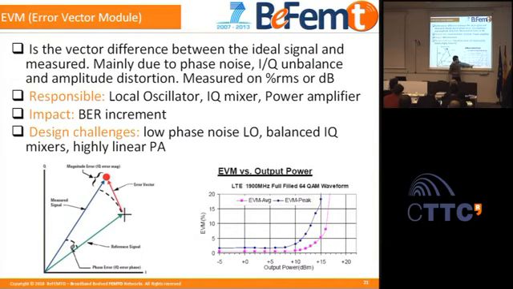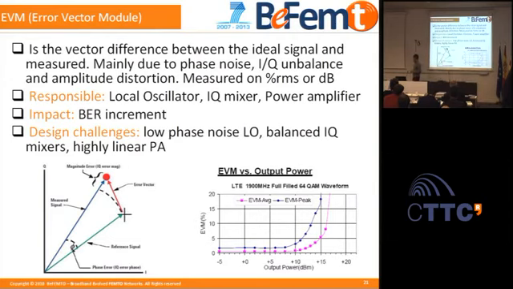If you increase the output power, you can see how the error vector magnitude increases. For this amplifier, I guess the output power will be around 20 dBm, and you can see here that it increases dramatically. So you have problems here. For fulfilling LTE-Advanced requirements, you can work up to, I guess, 16 dBm in order to have, if I remember well, 8%